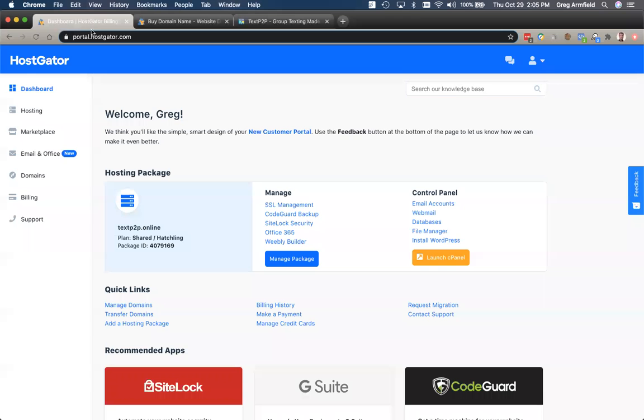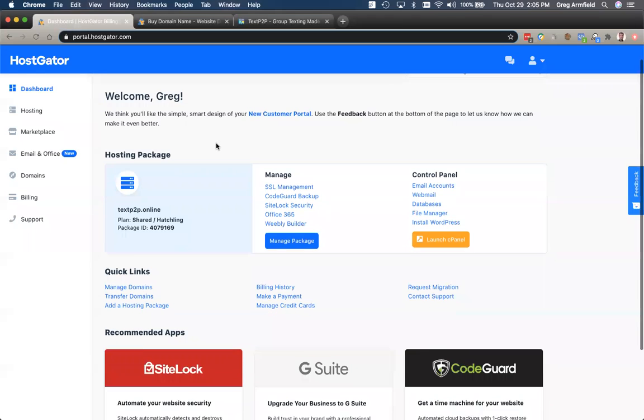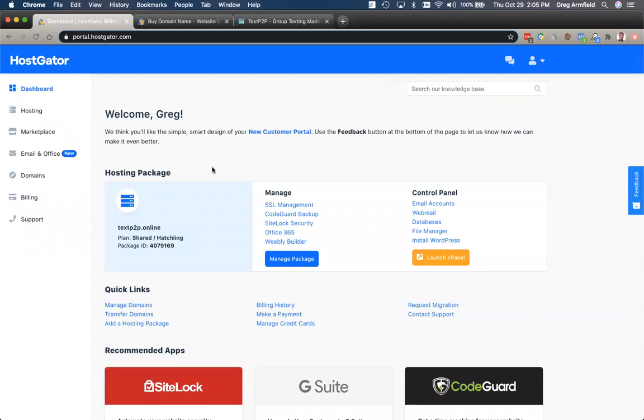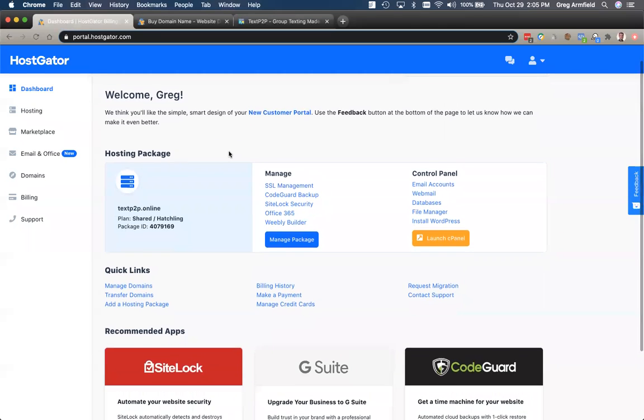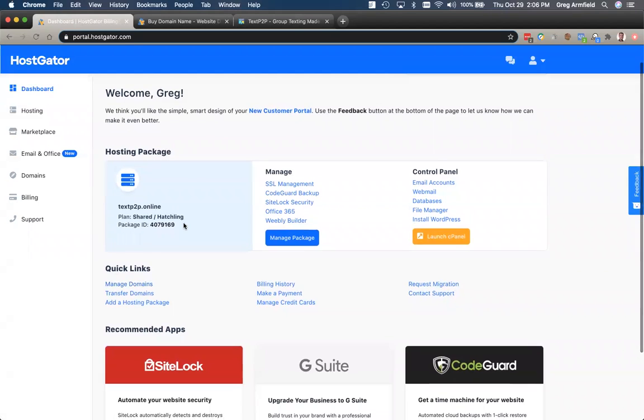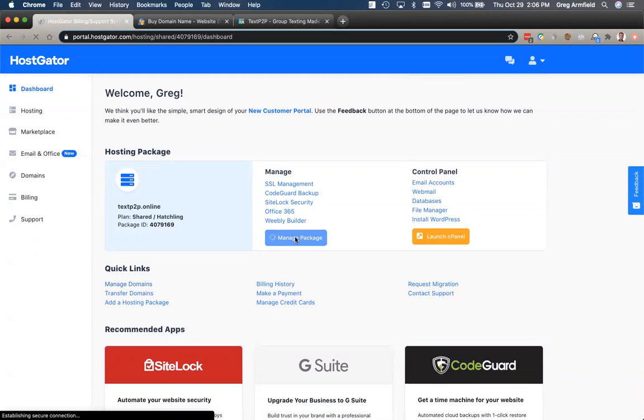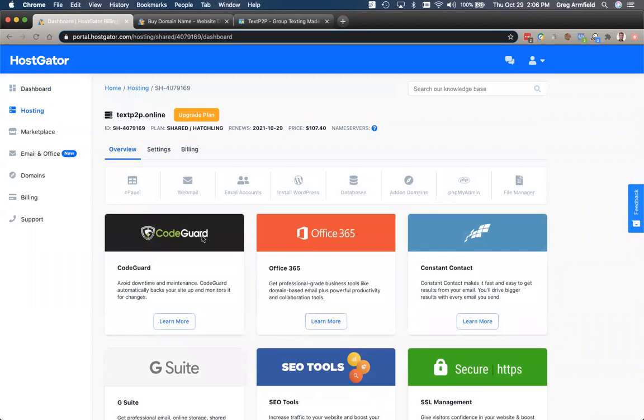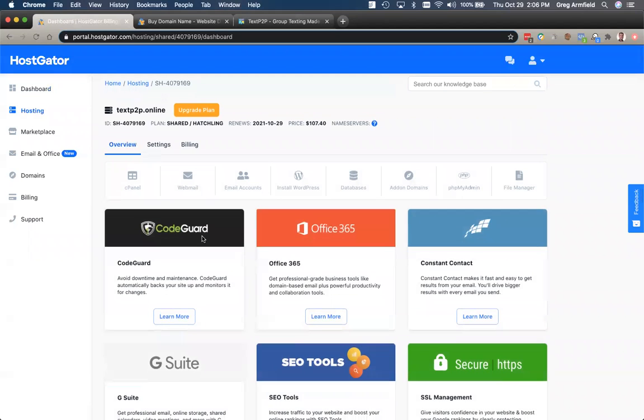Once you get your package purchased, they bring you into your dashboard here, and I'll show you the steps you need to do to set up your email and your DNS. First, if you want to set up your email, click on the hosting package. Here we go, manage package. And once you're in the hosting package, you can click on your webmail,